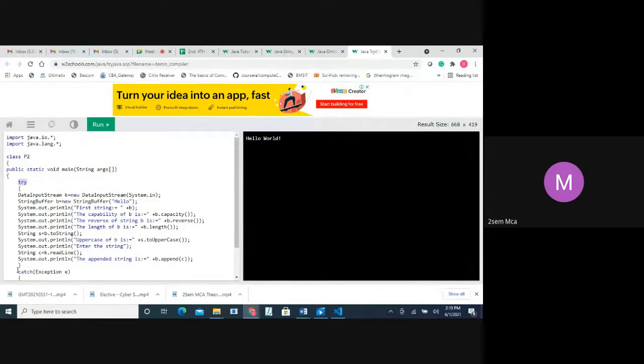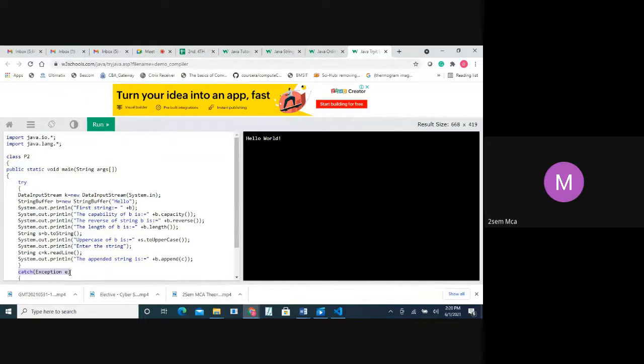Have you ever used try and catch? What is try? To catch the error. Yes, error handling. If I feel that there may be some error in this line, so that my program should not be interrupted or stop abruptly, I want to handle my errors.